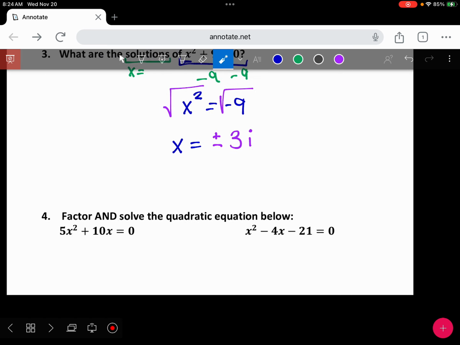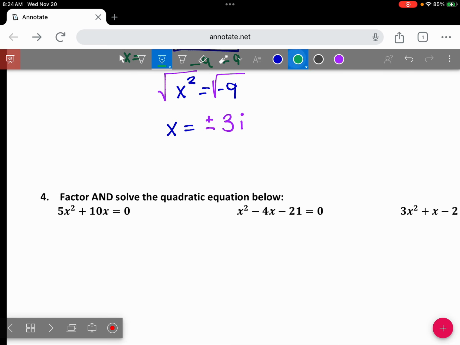Yeah, for number 4, it's going to be very similar, but these ones we can use our x in the box on these guys. So these ones we'll use the x in the box. And on this one, we're going to check for a GCF first. Make sure we check for a GCF because that will make it easier, because this one doesn't have a C value. What do they have in common? What do they share? An x and